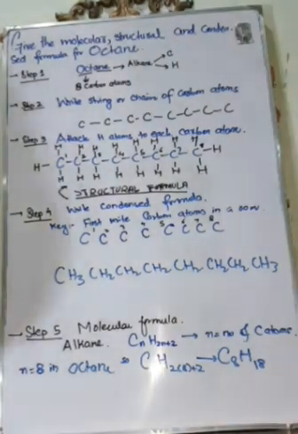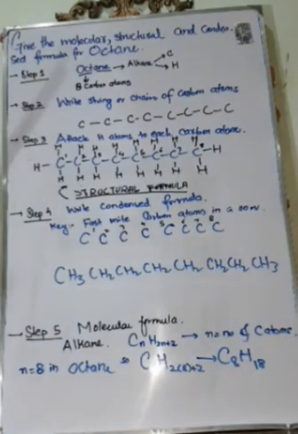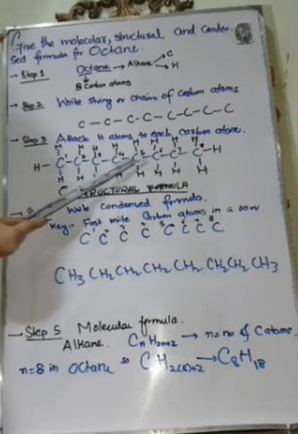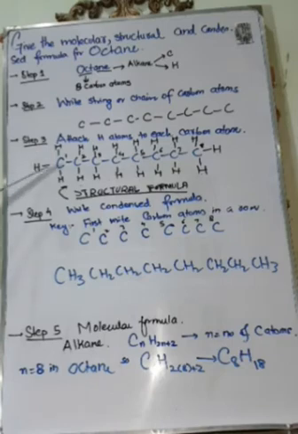Now we will adopt the same method. In the first step, we first understand how many carbon atoms are present. In the second step, we drew the chain of 8 carbon atoms. After drawing the chain, we completed the valency for each carbon atom. We know that a carbon atom forms 4 bonds. So we attached the hydrogen atoms with each carbon atom on the basis of the number of bonds each carbon atom needed. After attaching the hydrogen atoms, we numbered each carbon atom from 1 to 8. So this is the structural formula for octane.